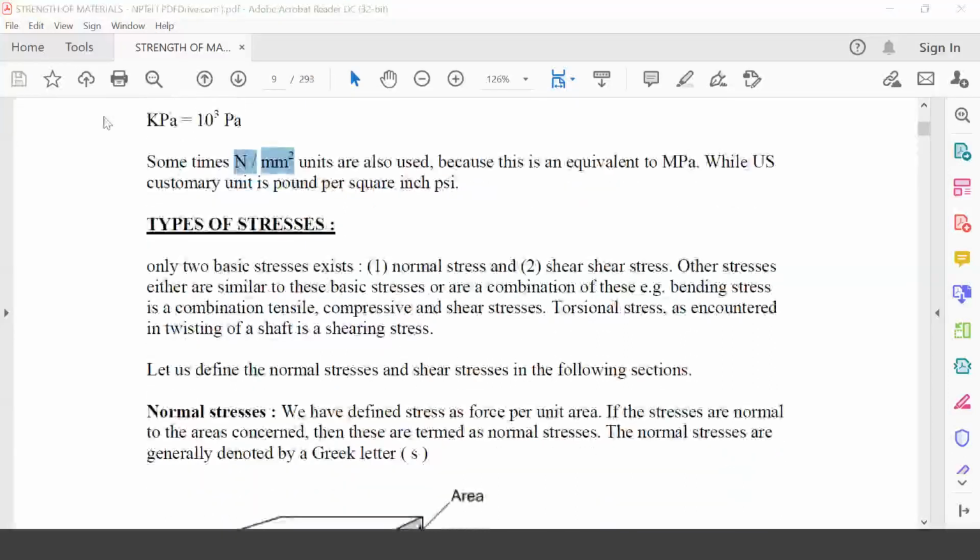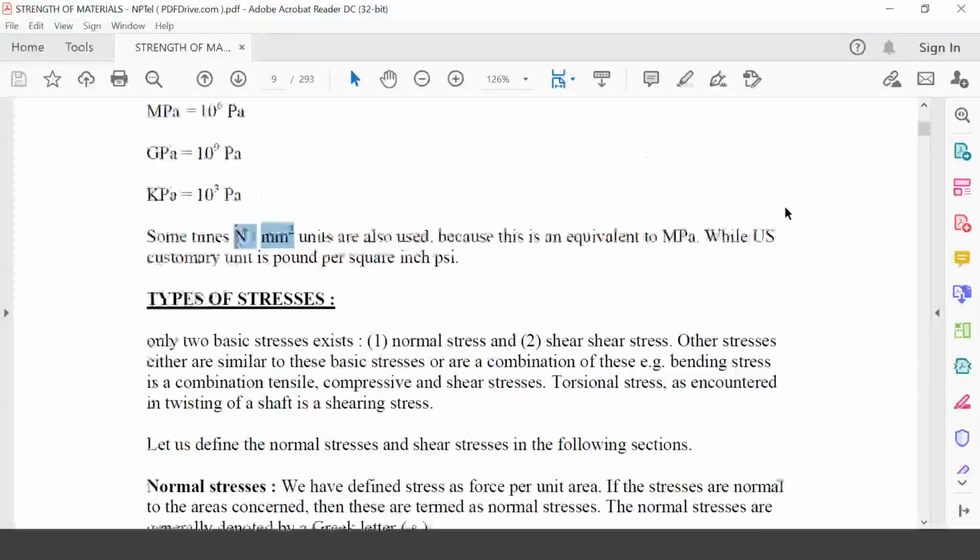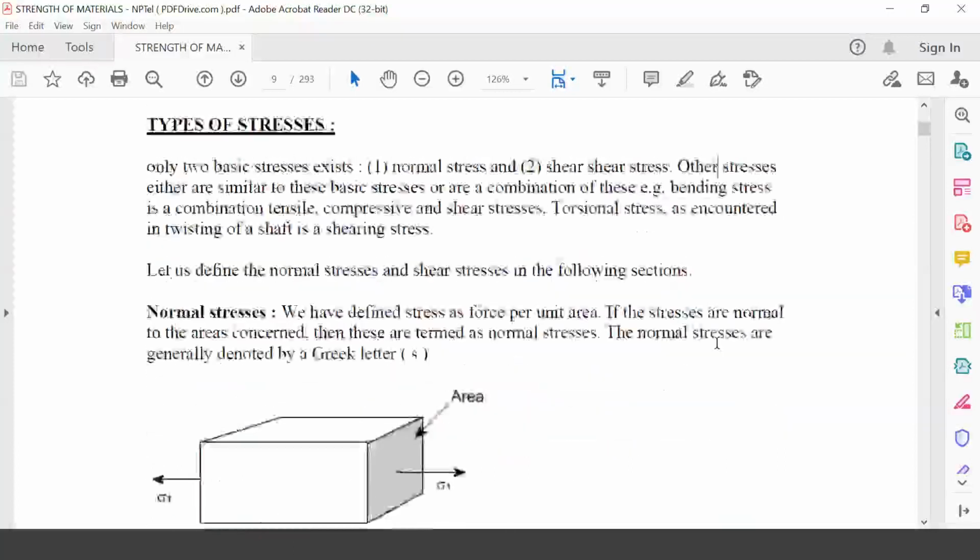Now, this megapascal is equivalent to what? Newton per mm square. If you can see here, Newton per mm square means what? Megapascal. Just remember, never forget, Newton per mm square or megapascal is the same. Fine. Now, if you go to the next one,